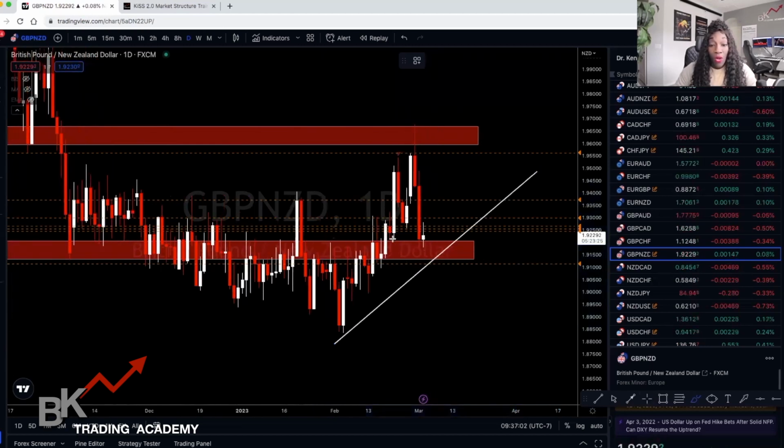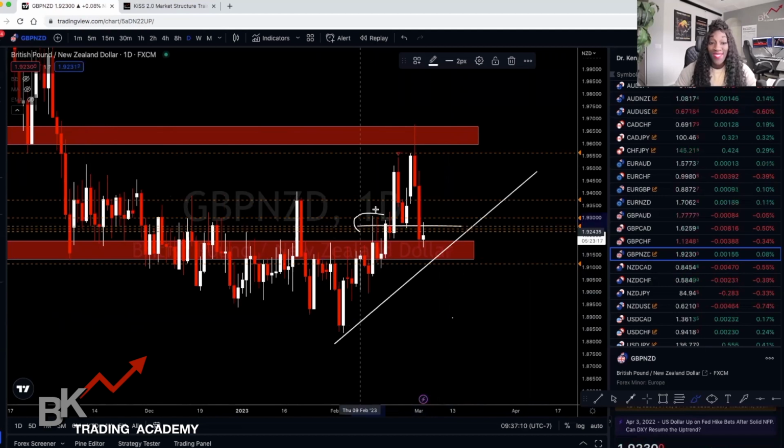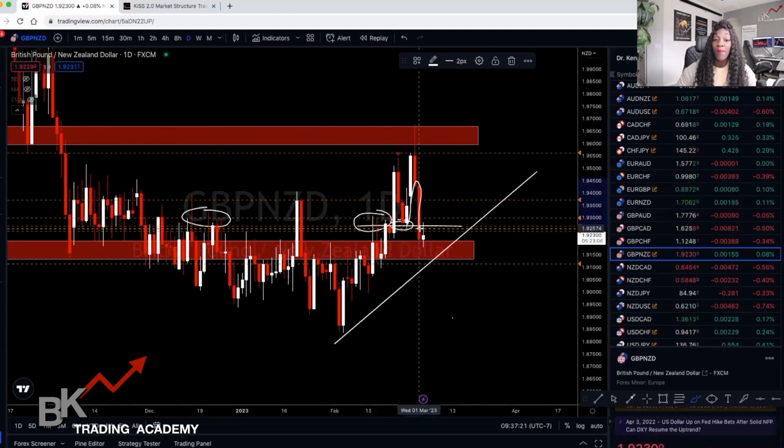is that earlier, the price was dropping about right here, okay? So notice right here, this is still a wick rejective area. It was resistance, and it was resistance in the past. And previously, just a few days ago, it held as support and rejected to the upside. Now it came back, and on the lower time frame, we saw some minor rejection, but the price actually continued